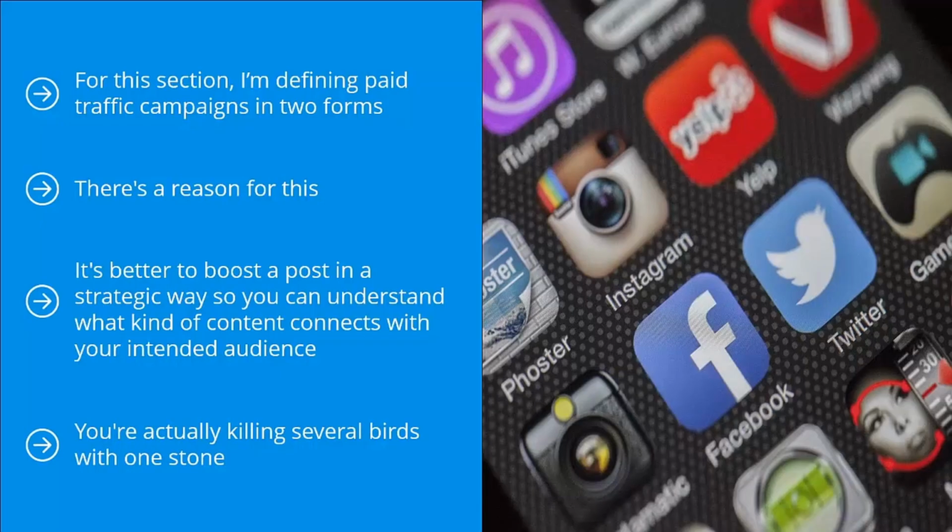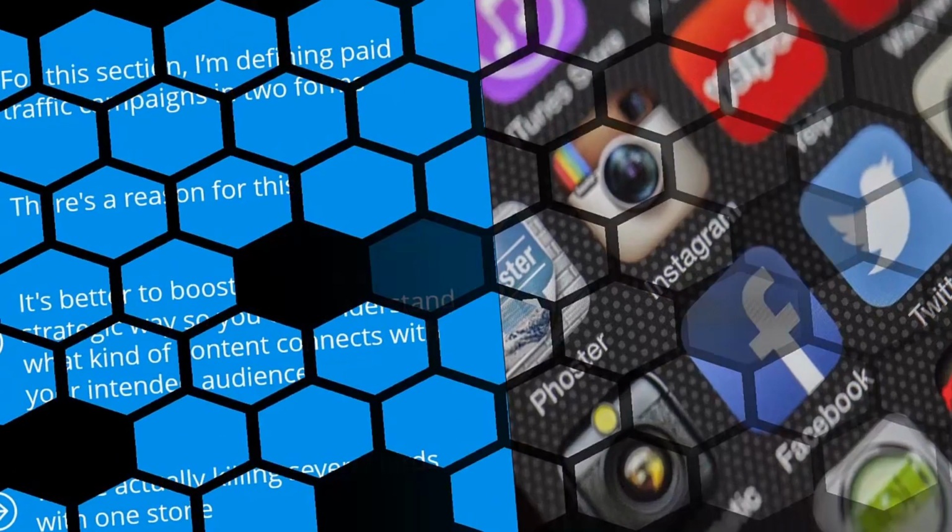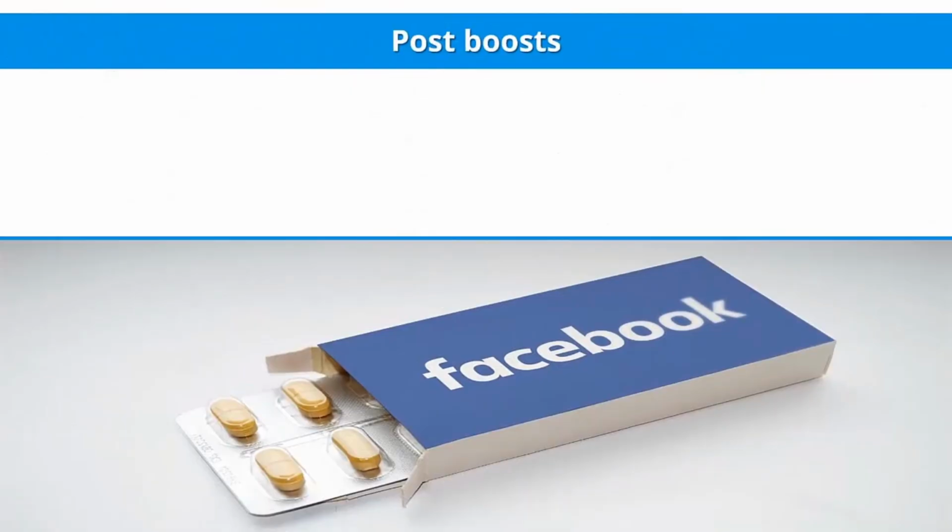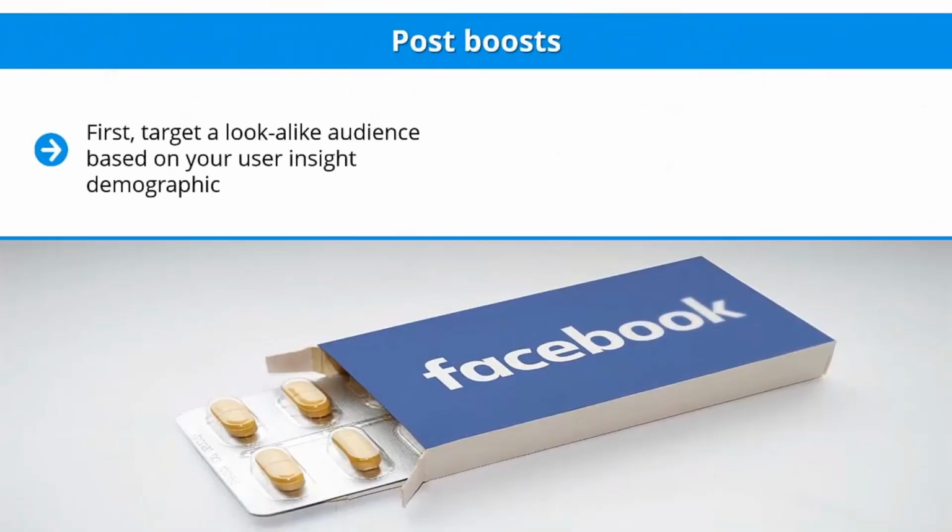By focusing on boosting a post, you can get more page likes, you can get more branding opportunities, and you can also get click-throughs to your target website in the form of a content link. Here's how it works. Post boosts. First, target a lookalike audience based on your user insight demographic. In other words,